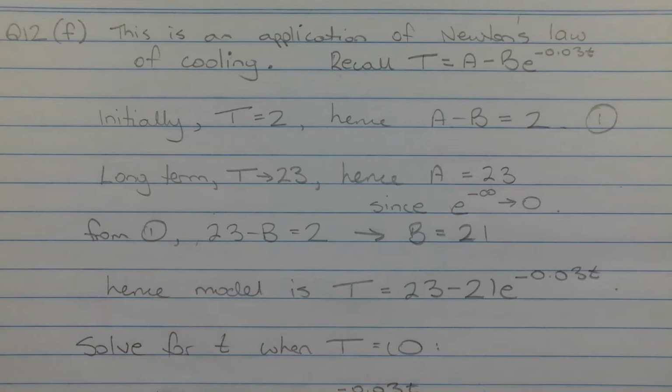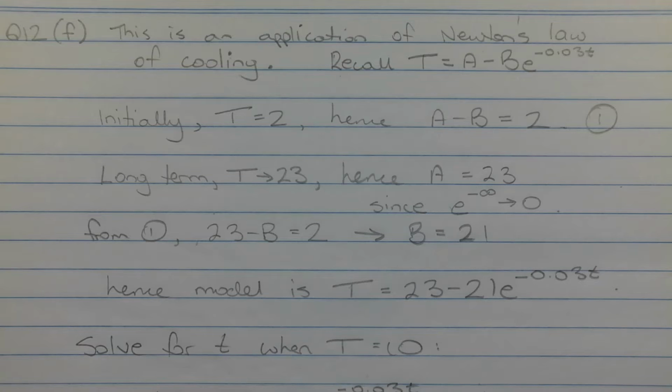Now, long term, in other words, for very large values of time t, as t approaches infinity, capital T approaches 23 degrees Celsius, which is the ambient temperature of the room. If we substitute infinity, or a very large value of t here, e to the power of negative infinity approaches 0, and B times 0 is 0. So in other words, capital T approaches A. And we know that capital T approaches the ambient temperature of the room, which is 23 degrees Celsius,